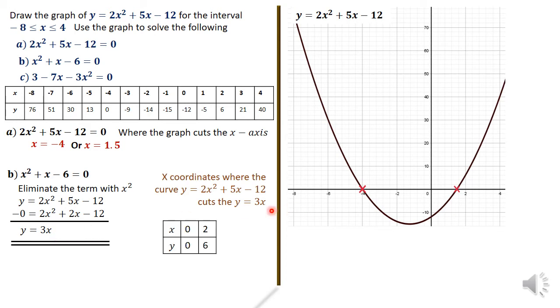And therefore we first of all need to draw the line y equals 3x. Put x to be 0, y will be 0 also. Put x to be 2, y will be 6, and so we draw this line, and it's on your screen there, y equals 3x. Now I say that the solution for part B is the x coordinates where the graph we were drawing at the beginning